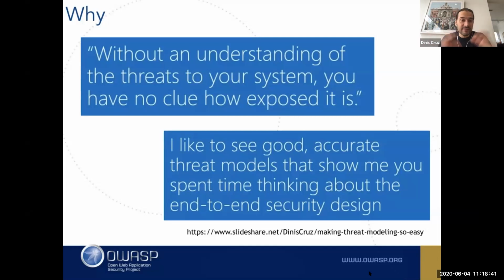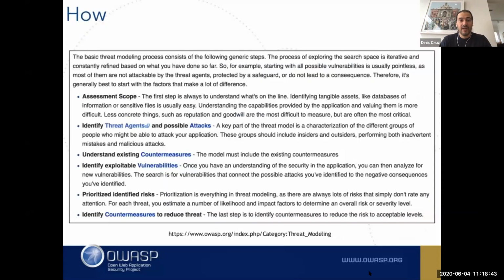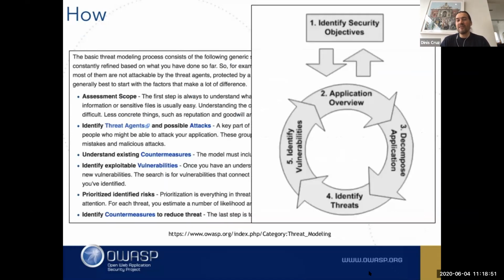So that's kind of the key elements of this. That's kind of the basics, right? You do assessment, identify, understand the existing vulnerabilities, countermeasures. So we go through this, which is kind of like a loop, right? And a lot of this is how we think, right? We identify the kind of things we want to do.